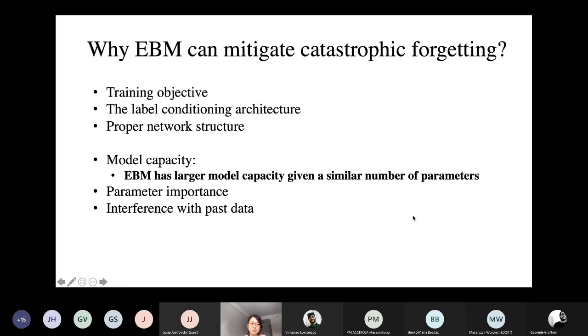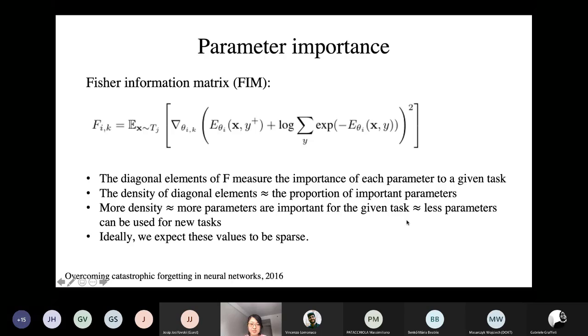Next, I'm going to show the parameter importance. This is inspired by the work on overcoming catastrophic forgetting in neural networks. In their paper, they use a Fisher information matrix, and the diagonal elements of this matrix measure the importance of each parameter to a given task.